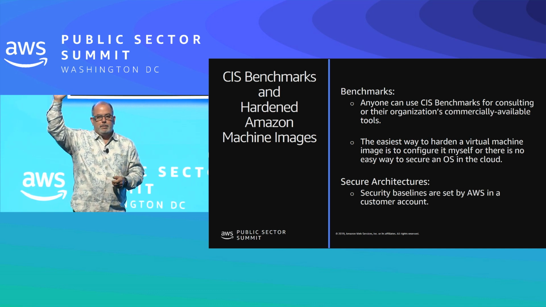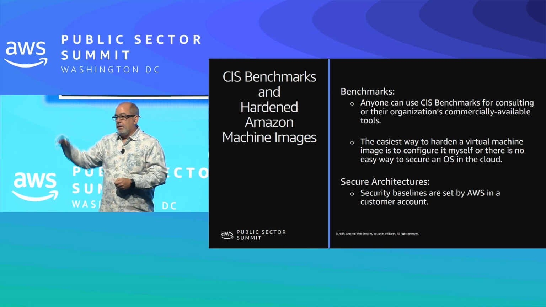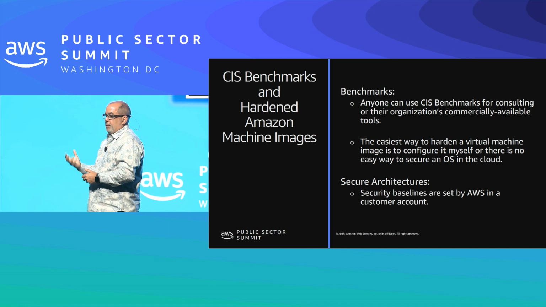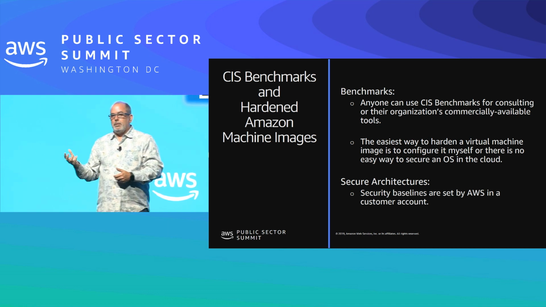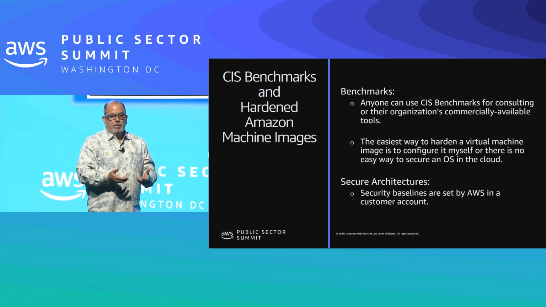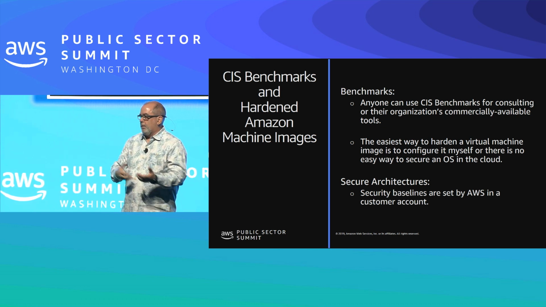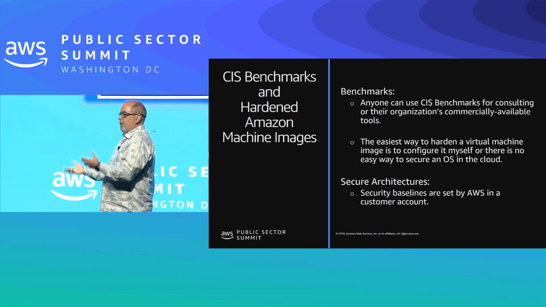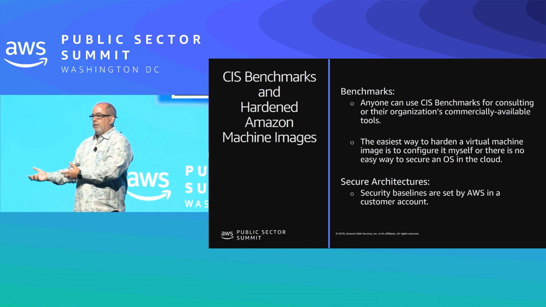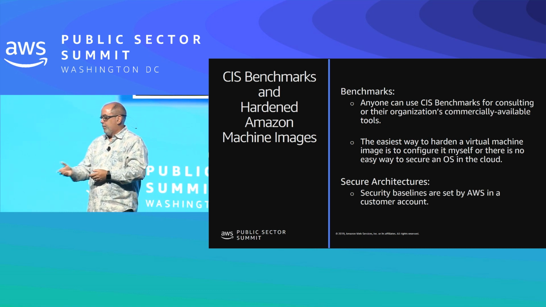How many people know that CIS sells pre-hardened images on AWS Marketplace? You can download them, though you obviously pay a premium for those hardened images, or you can harden your own. But if you're a consulting service being paid to harden somebody's operating system using those baselines, you need to make sure you're following the proper licensing, because you as a consulting partner are being paid to deliver. So the licensing ends up being slightly different than for a consumer just using it directly. Next slide.